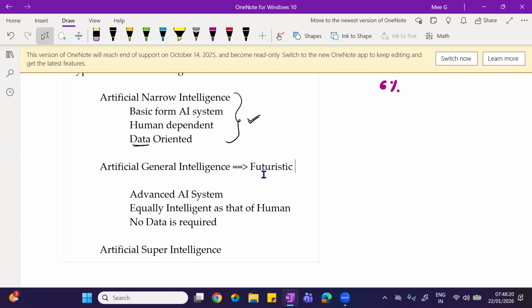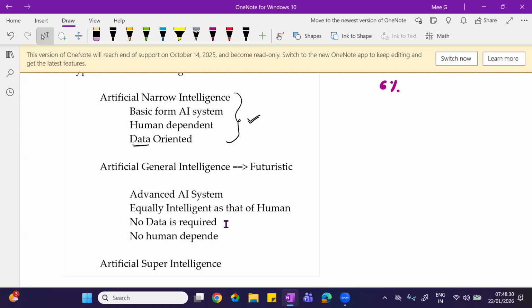Okay. Here, there is no dependency on humans. Okay. No human dependence. Now, I will tell you what exactly happens in this phase. The first thing is no data is required.